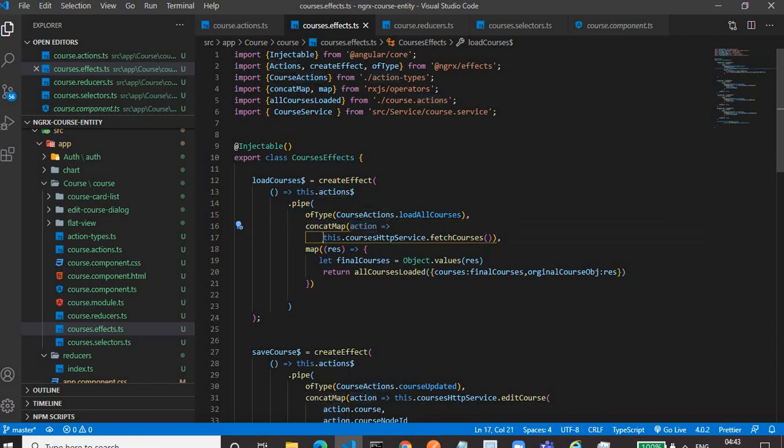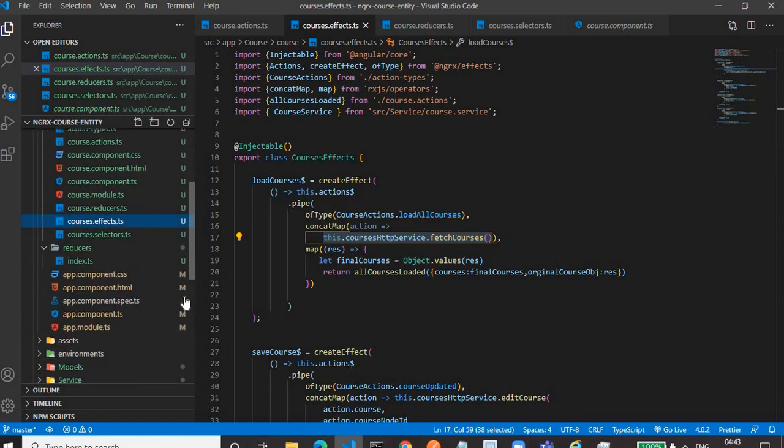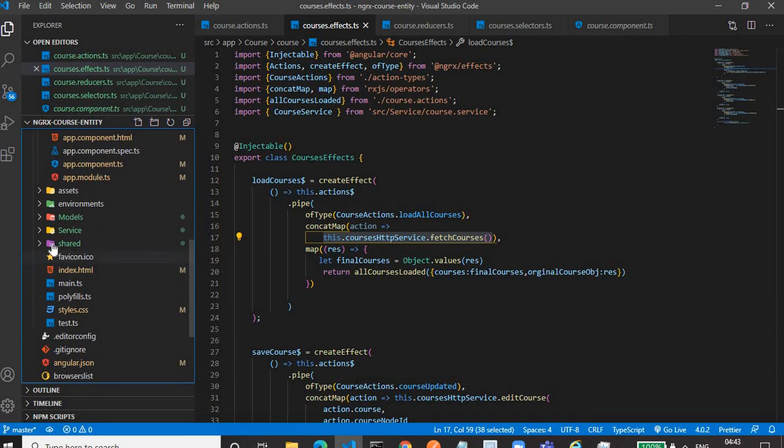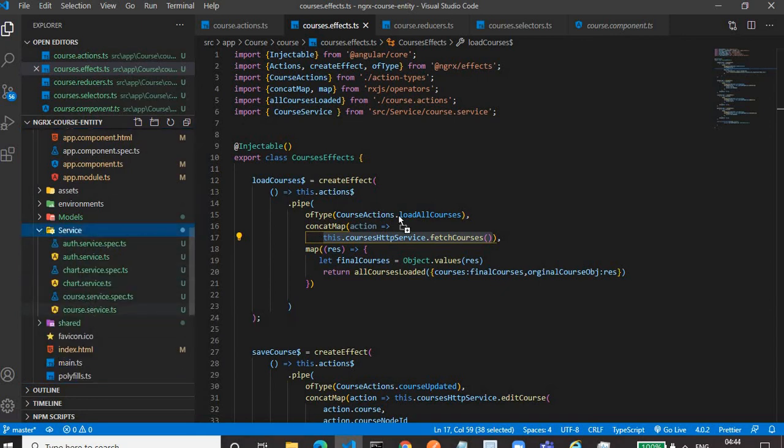Here in the concatMap we are calling the fetchCourses service. fetchCourses is a get function which is used for fetching the data related to the courses. Let's have a look into the fetchCourses function. You'll find it in the courses.service.ts file.